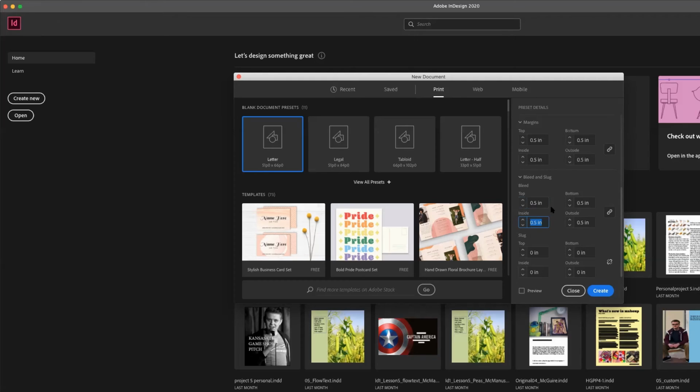The other nice feature about InDesign is let's assume that I forgot to change this units to inches, and it's using the default of picas in the actual document that I'm working on. That's okay, because you can go to any field and type in an inches amount, and it'll automatically convert it to the correct pica equivalent if that's the unit of measurement that you're using, or vice versa. Let's say I set up my document to be in inches, I type in a value of picas, it'll automatically convert it into the equivalent inches amount. So that's a nice feature about InDesign, especially depending on what you're using as a default versus what you actually